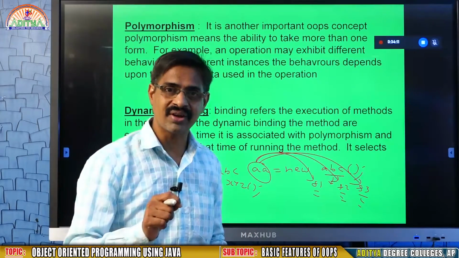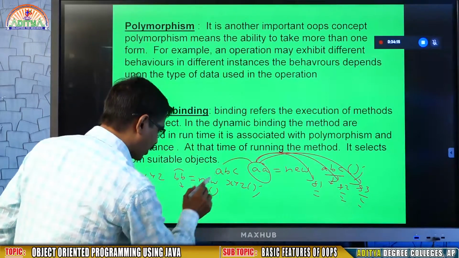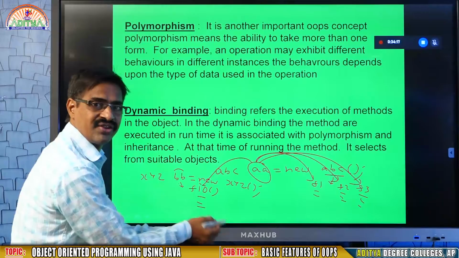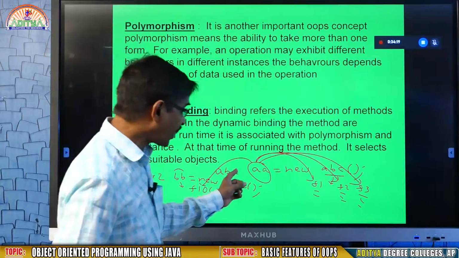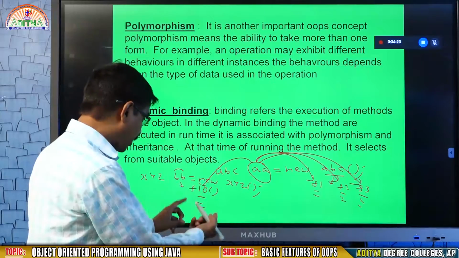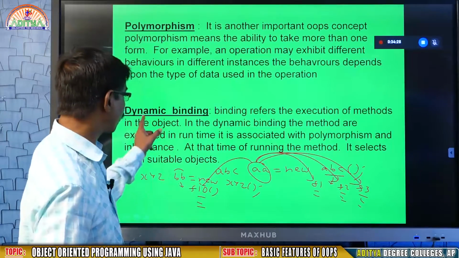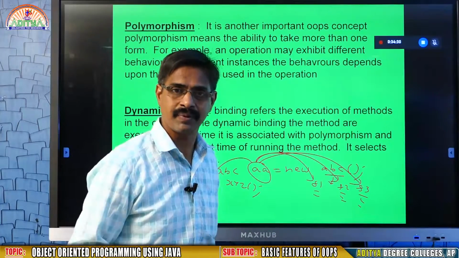But in some situations, the object of AA wants to execute the method created from XYZ. That means one class object wants to execute the method created by another class. This approach is called dynamic binding. Dynamic means runtime.